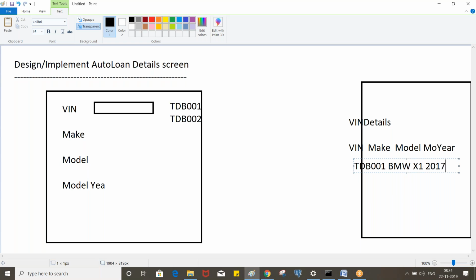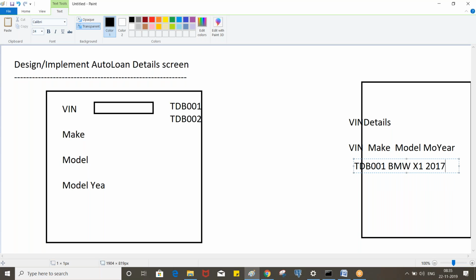Likewise we enter some records in the database, and in the user interface, when you select the VIN, let's say TDB 001, it has to display the corresponding make, model, model year. When you select TDB 002, it has to fetch those corresponding details.